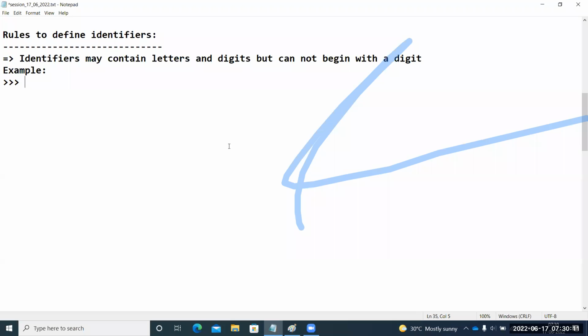If you want to represent any data item in your program, you need a variable. If you want to represent any data item in the programming language, then you must use a variable, right?